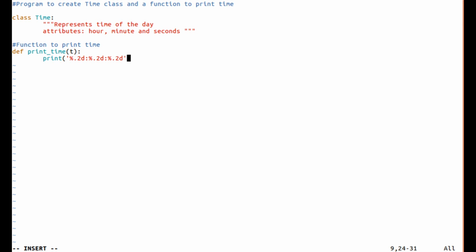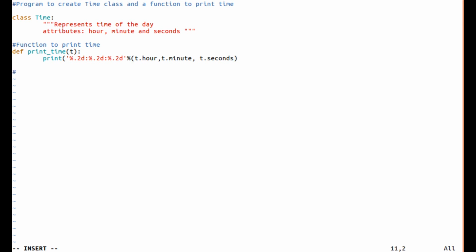This has to be printed from the variables or attributes here: t.hour, t.minute, and t.seconds. Right, this is a function that is going to print a time as per the format.